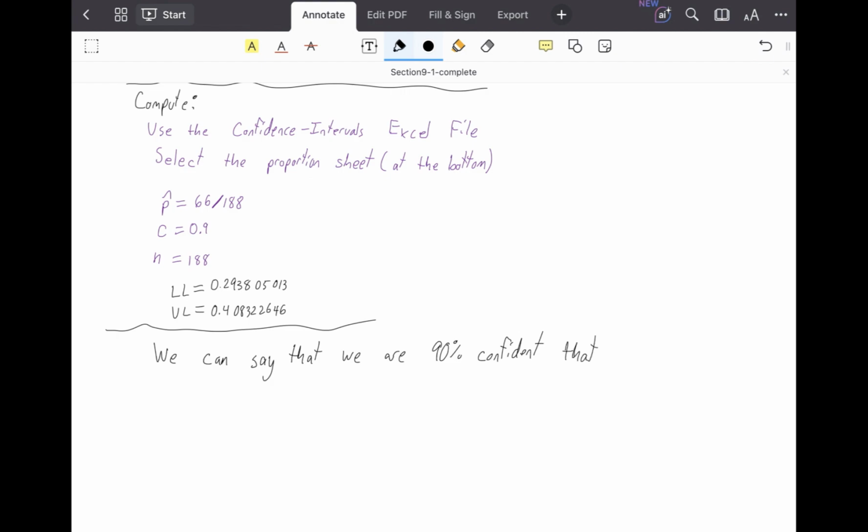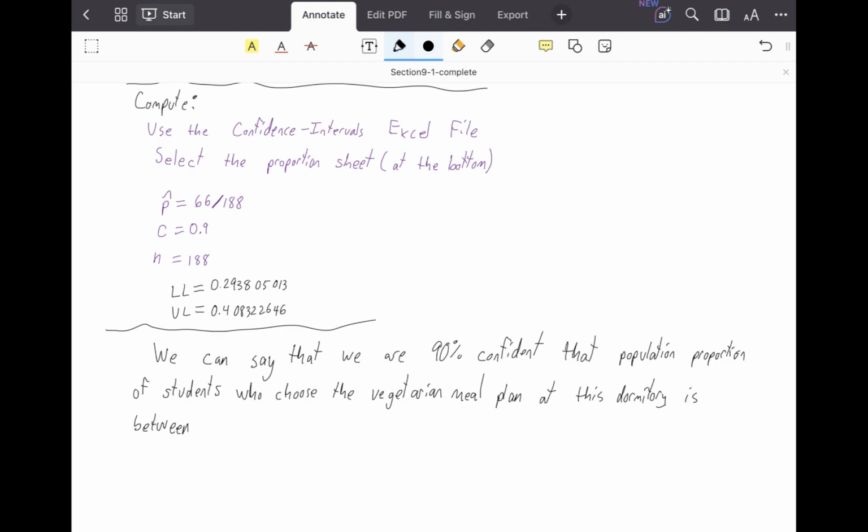Let me word this just a different way. So we can say that we're 90% confident that the population proportion of students who choose the vegetarian meal plan at this dormitory is between,